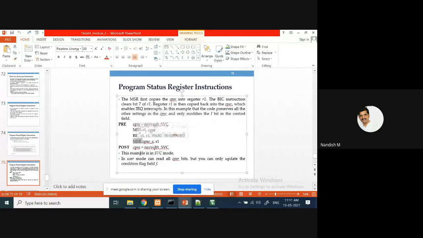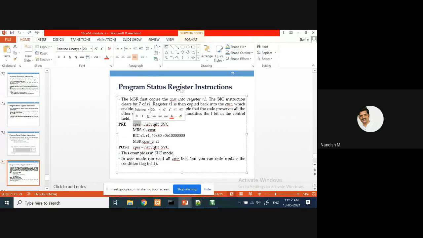See here, MSR. Now, this register R1, you have done some operation. You have cleared the 7th bit or any operation you have done, copied. That something you have done in the R1, 0 to 7th bit, and 28 to 31st bit. You have made some changes in it. All the operation you have done, after that you have to update in the CPSR. Now what you are doing is MSR you are going to use, R1 in the content, CPSR will be updated.